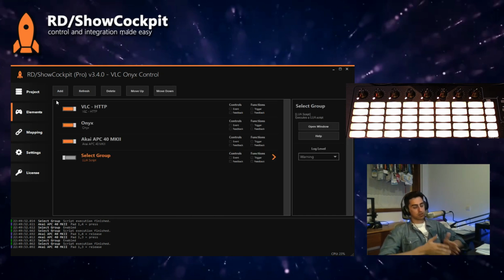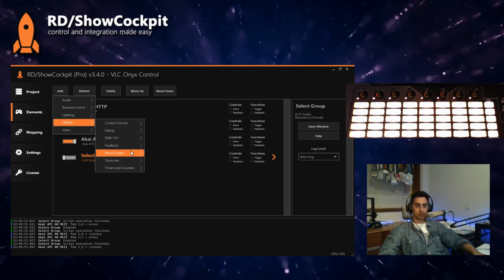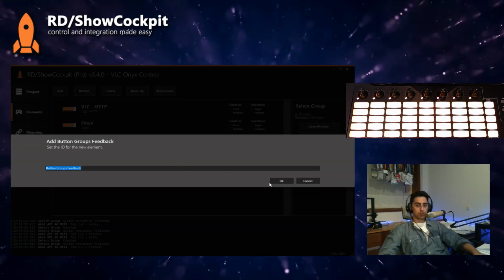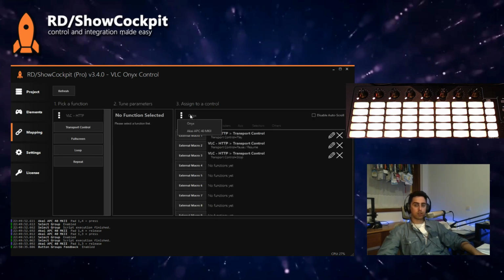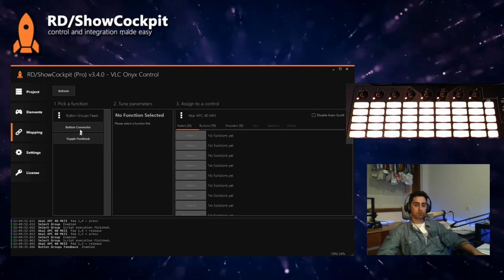In this case, because we are doing the toggle thing, there's a utility here called button groups feedback, which basically groups a set of buttons together, and only one will have the feedback, and the one that will have feedback is the last one that we trigger. So let's enable this, and we'll need to map our paths to the buttons group feedback. Button connector,